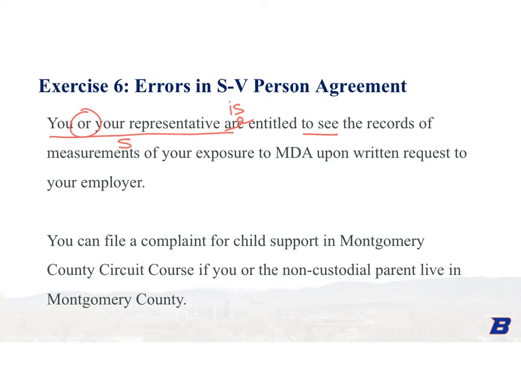So to see what? The records, which is your object, of measurements of your exposure to MDA, is one nice long prepositional phrase which describes your record. So it's working as an adjective. Upon written request to your employer. So another descriptive phrase there. Upon is another prepositional phrase, so it's actually operating as an adverb because it's describing the conditions in which you can see the records. So the next one, you can file a complaint for child support in Montgomery County Circuit